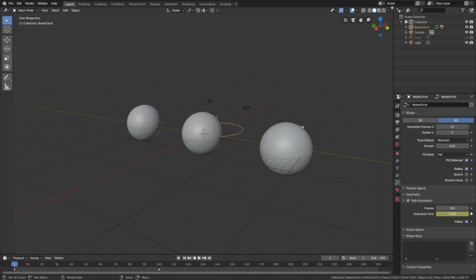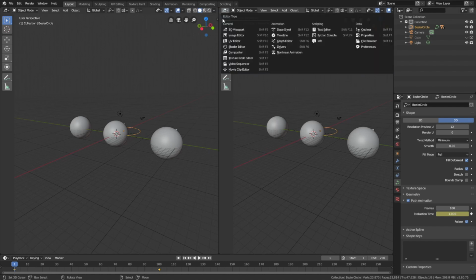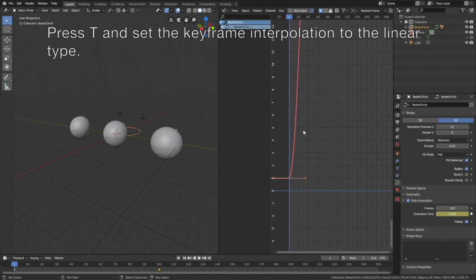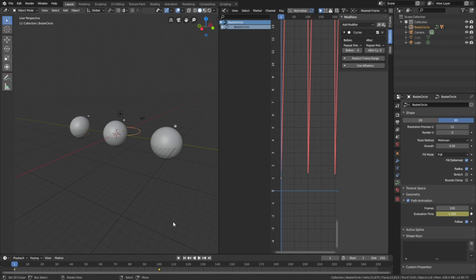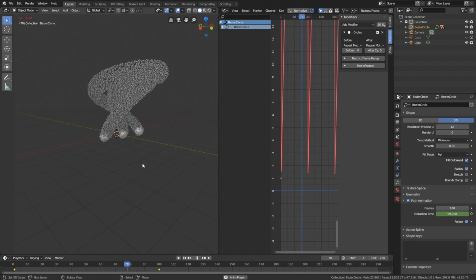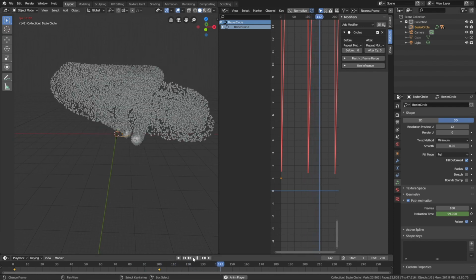And then let's open a new window and go into the graph editor. And we want the rotation speed to be constant, so press T and then set the interpolation to linear. Then press N, and we're going to add a cycle modifier so that the rotation lasts forever. So we'll set it to cycles. And as you can see, when we play the animation, the rotation speed is constant and the curve rotation is infinite. So let's pause the animation